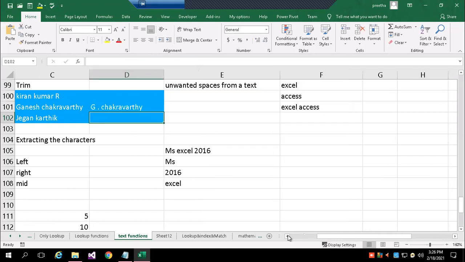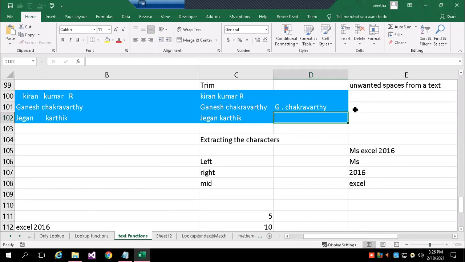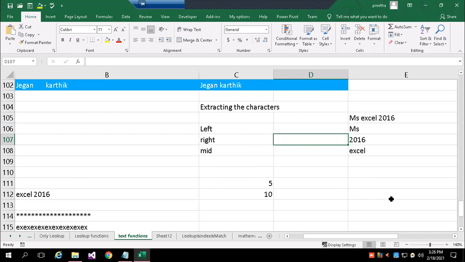Please observe that formula: we have written CONCATENATE, LEFT of that first letter, then 1, comma, MID of that same name from the 8th character to the 19th character, then only could you extract G Chakravarti. Like this, sometimes we need to get the data, and for that I have to use text functions. So this is about left, right, and mid.